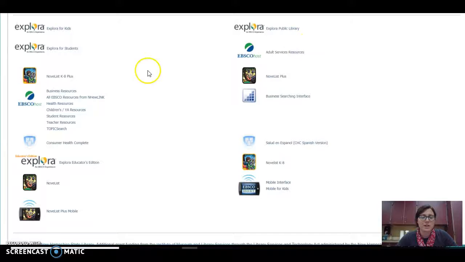So if you look, this is a database that we share with the whole city of Portsmouth. So there's Explora for kids, Explora for students, Novelist K-8 gives book recommendations in that age range. Novelist over here that doesn't say K-8 gives book recommendations for older students, like teens and adults. And if you look over here, EBSCO host that has kind of all of these different choices, I like to